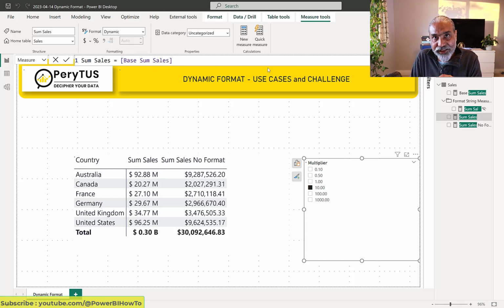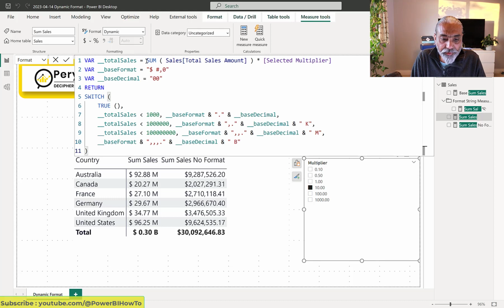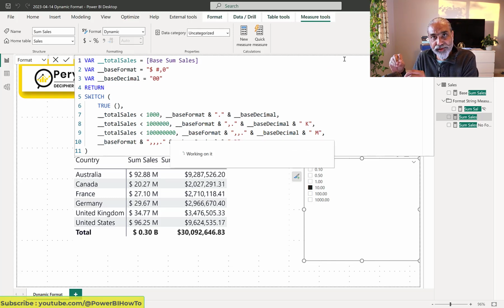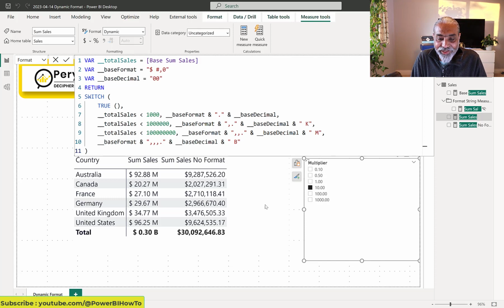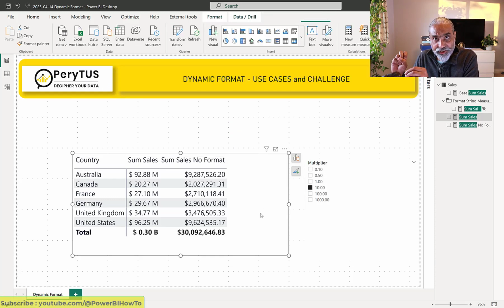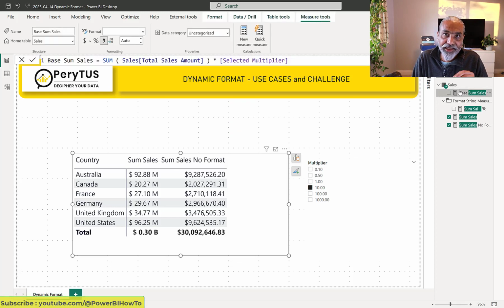So we are adding this one extra measure so that we can refer to it in two different places. And also in the measure format, instead of writing this logic, we will say base sum sales, here you go. So now in both places we are using base sum sales. So anytime we want to make a logical change in the sum sales, we will do it in the base sum sales, and it will be applied to the measure value which we're showing in our visuals,